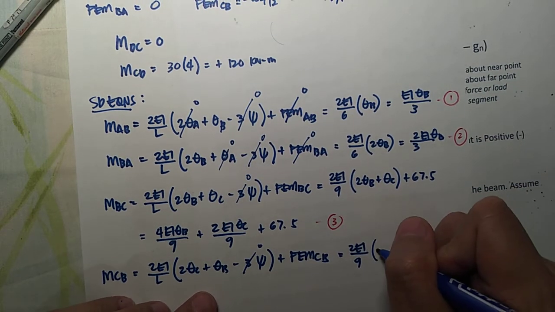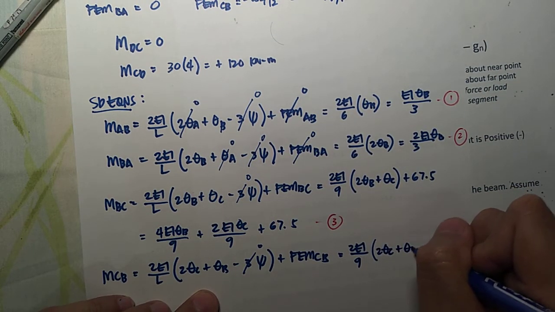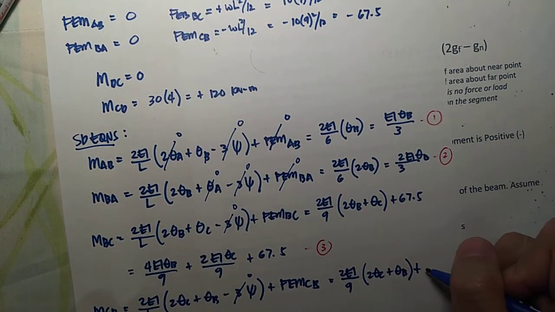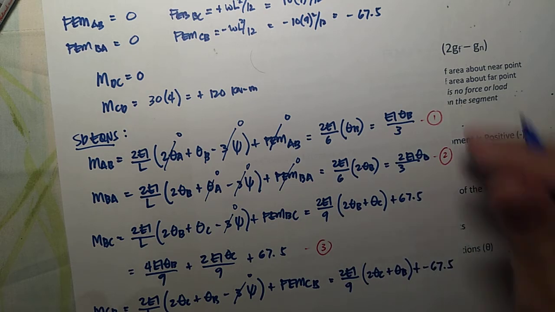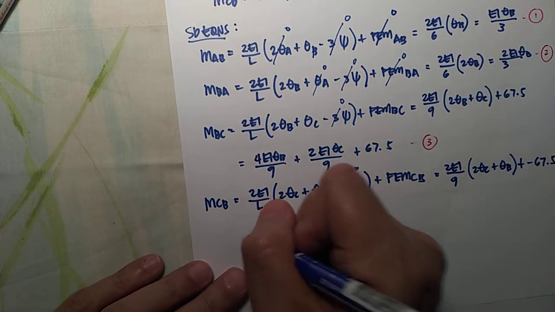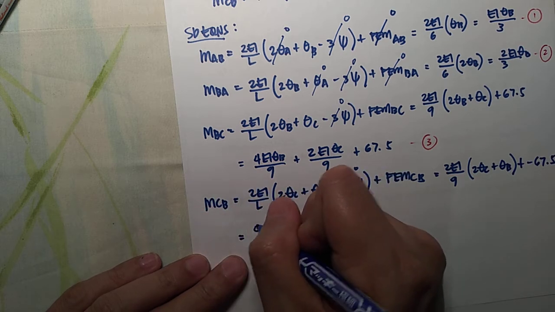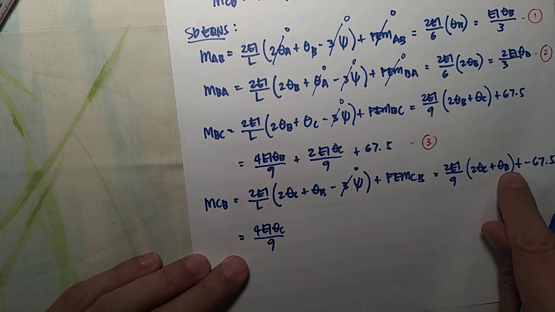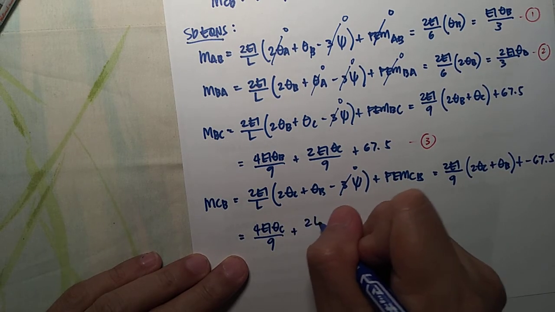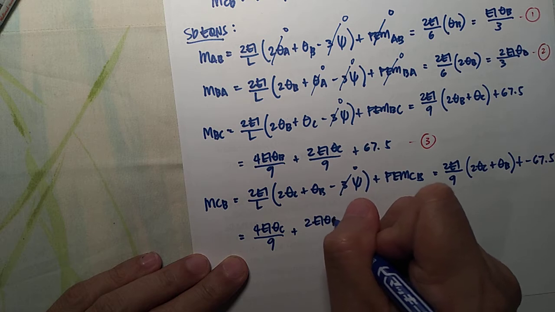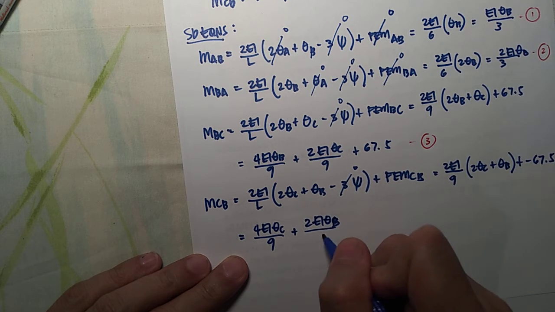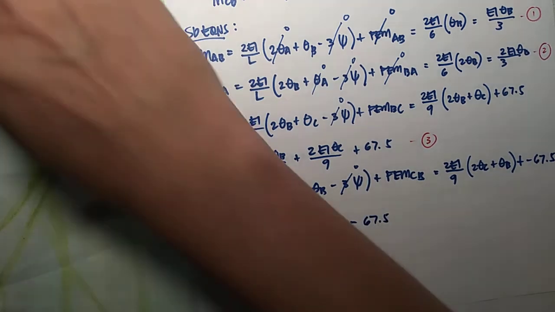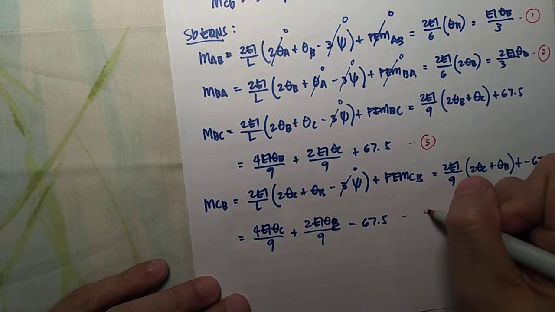Plus times 2 theta C plus theta B plus FEMCB is negative 67.5. So when simplified, this becomes 4 EI theta C over 9. At saka sa theta B naman is plus 2 EI theta B over 9 minus 67.5. So let us call it as equation 4,